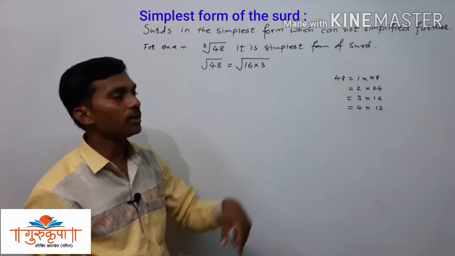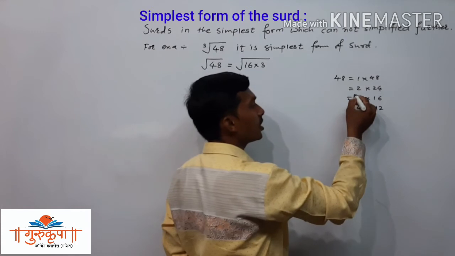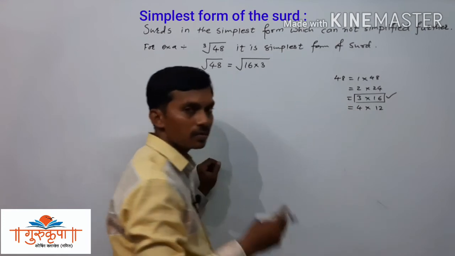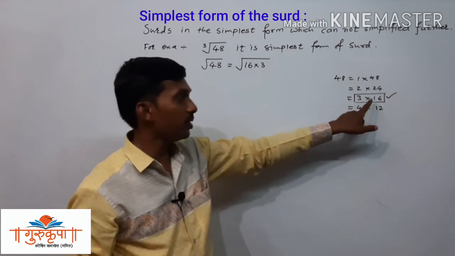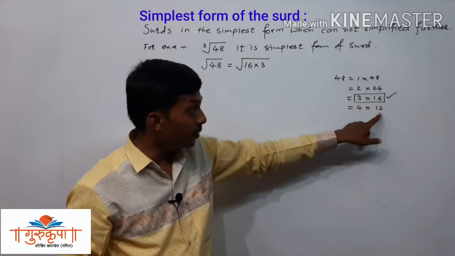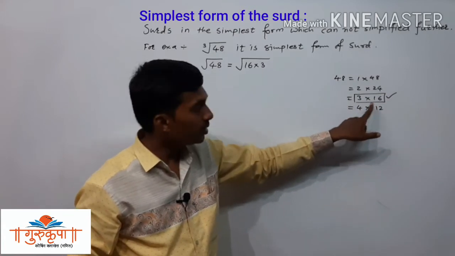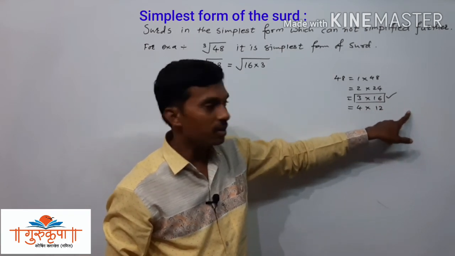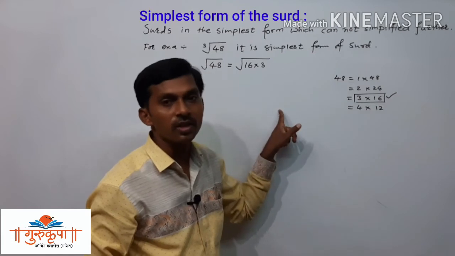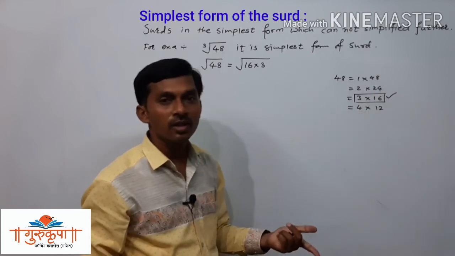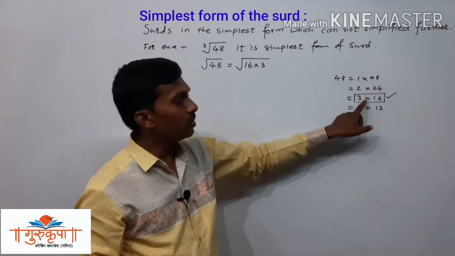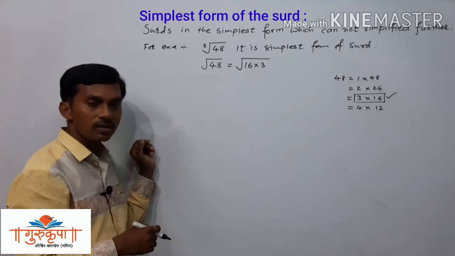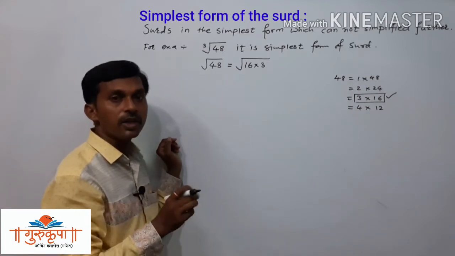These are the factors of 48 and here the appropriate factors are 3 * 16. Why? Because we cannot simplify it further. We cannot simplify this factorization further. And if we use the other factorization, then again you have to simplify this surd. You can write it as 4 * 3. Then again square root of 4 is taken outside the surd and 3 is remaining inside. So the same factorization you will get if we double factorize it. So the first time you will get the correct factorization there.